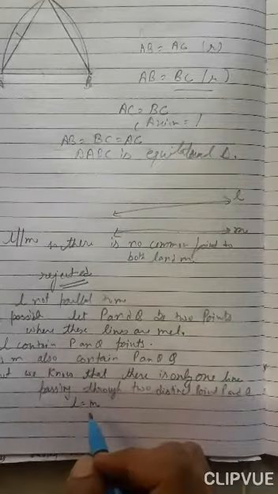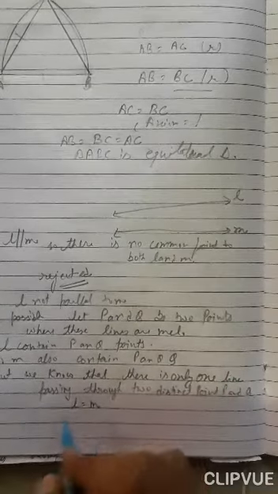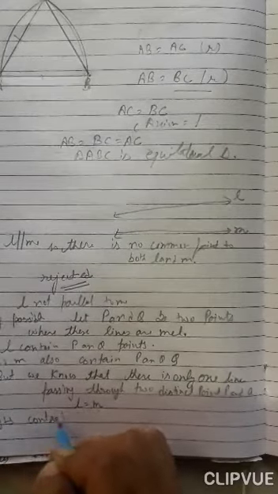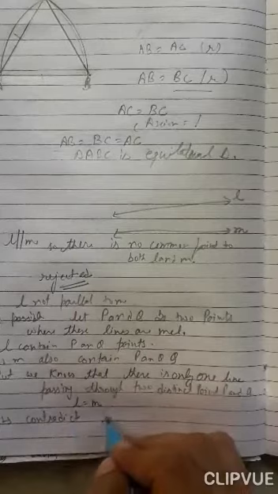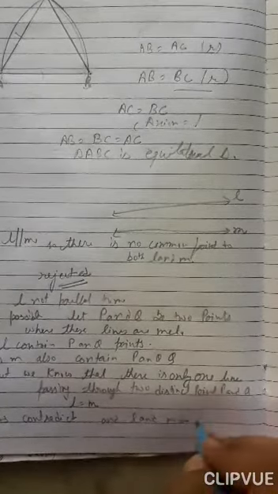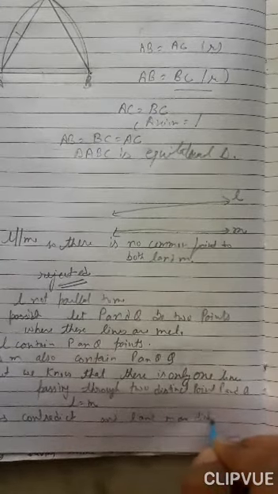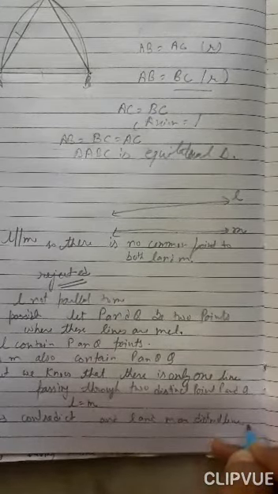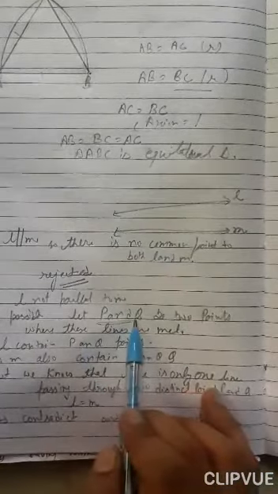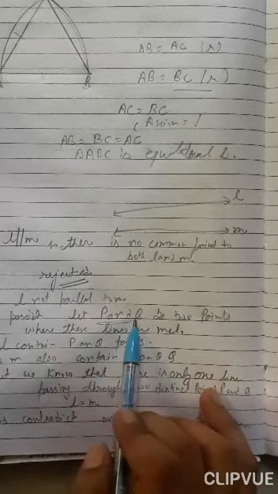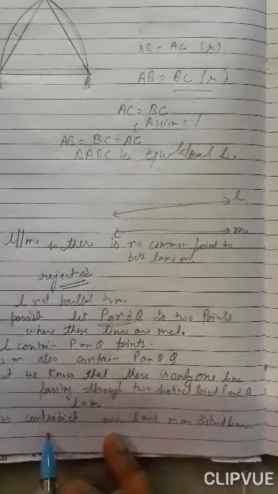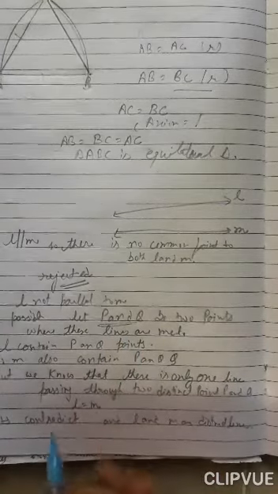दोनों एक ही हो गए. That's also not possible. It's a contradiction, because L and M are distinct lines. So it means our supposition is wrong, the one which we had taken, कि P और Q, they meet at two points. Our supposition is wrong and they have to meet at only a single common point.